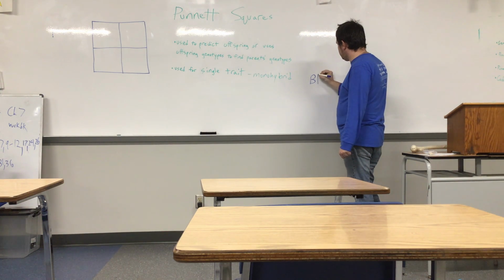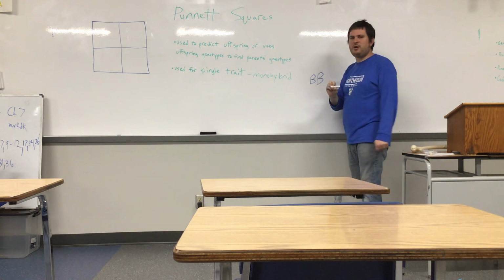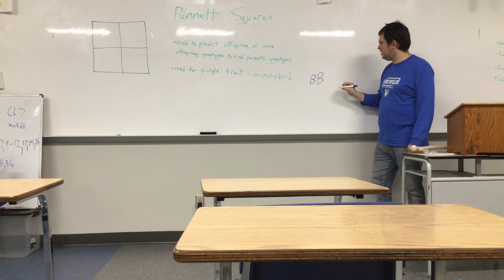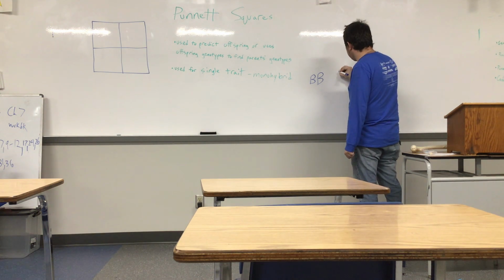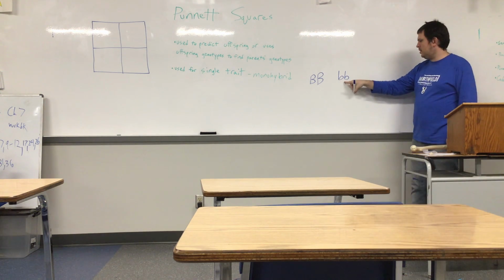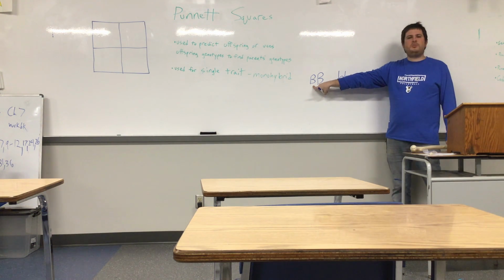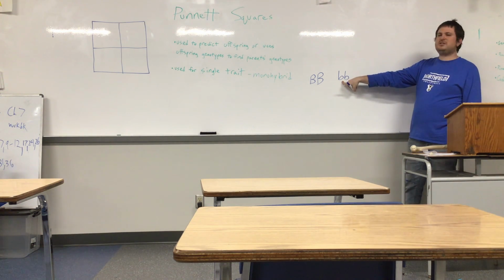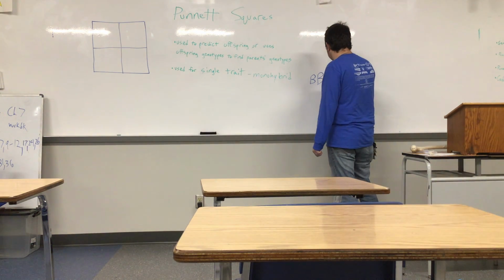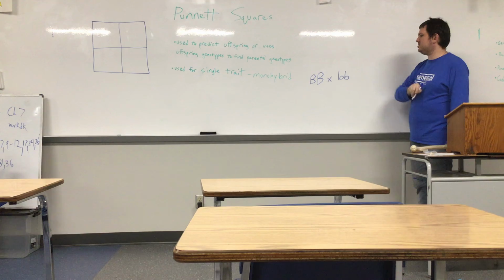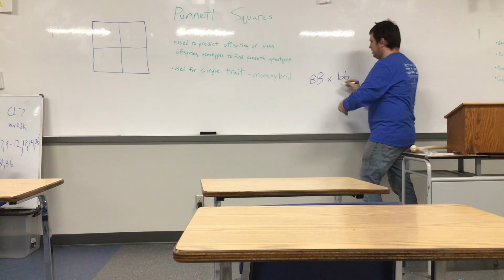And we're going to say that she is homozygous for brown hair, which means she has the same allele, the same letter, both capitals. And we are going to say that dad has blonde hair, also homozygous, but it is homozygous recessive. Mom is homozygous dominant, dad is homozygous recessive. And since we are breeding them, we are crossing them, we put an X between them, showing this is a cross. So let's take our parents